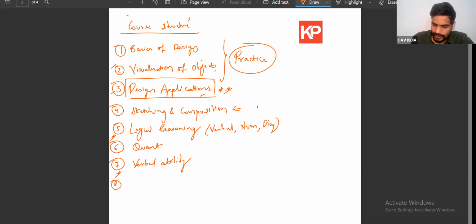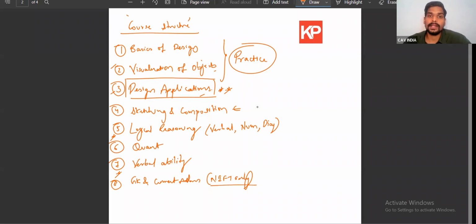Module number 8 finally is GK and current affairs, which is only important for the NIFT examination. So it is only for NIFT. If you're not preparing for NIFT, if you're preparing only for B Design at NID and also IITs, then you can probably skip this part of GK and current affairs. But we strongly recommend that students who are planning to pursue B Design prepare for all the